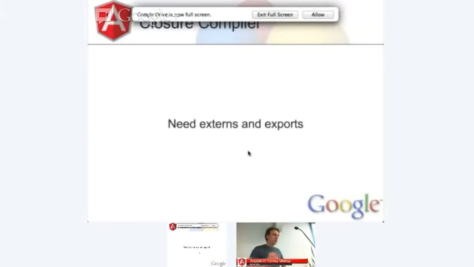In order to tell the compiler how to do this and enable its full functionality, the various compilation levels, you need to tell it what it can't minify because you need to call it from outside, in this case Angular, or what it needs to know about that Angular is providing. In the JS compiler language, these are called externs and exports. Exports are things where you say, I need to call this from Angular, and externs are things where you say, I need to call this because Angular has provided it to me.